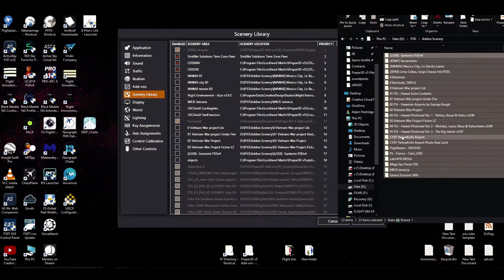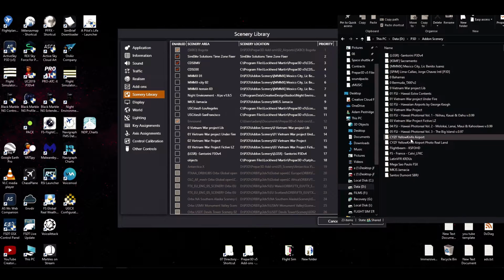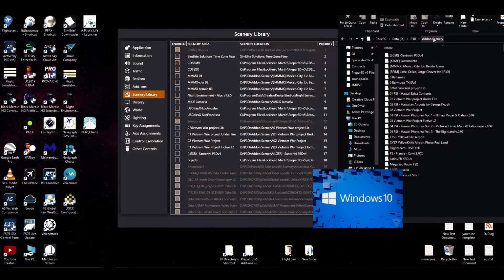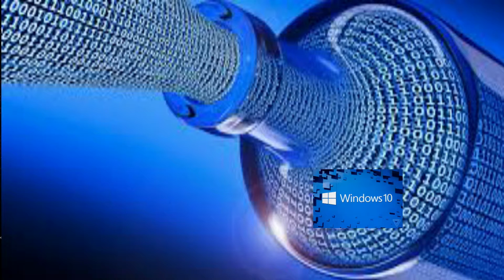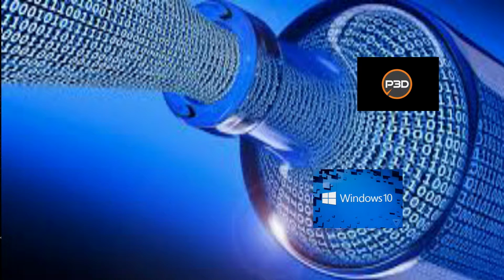Now in FSX and P3D version 1 and 2, I believe, this folder has to sit in your core sim folder. You can't have it outside. It won't recognize the folder if you store it outside, unless they've done some mad updates on FSX recently. But your add-on scenery must remain within your core sim, which poses a bit of a problem for loading times and for performance, because not only is your PC running the operating system off that C drive, but if you've got your FSX folder or your P3D 1 or 2 there,